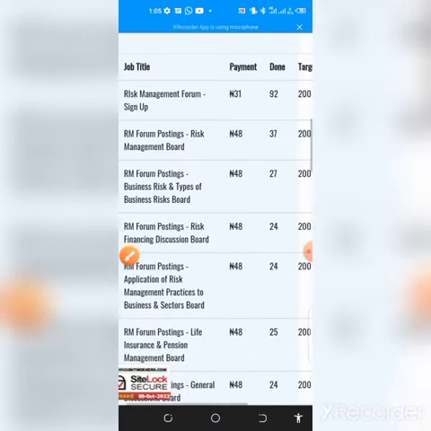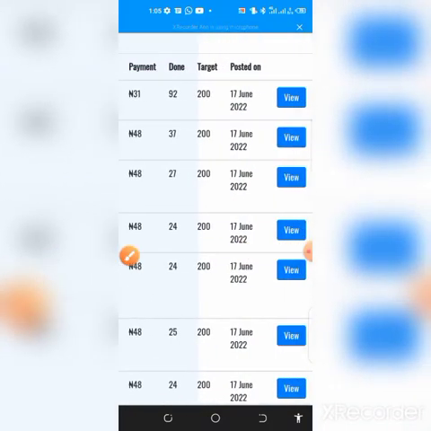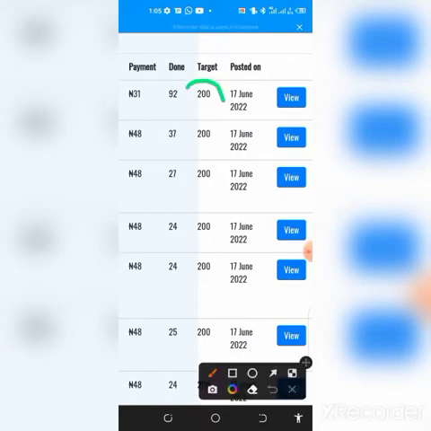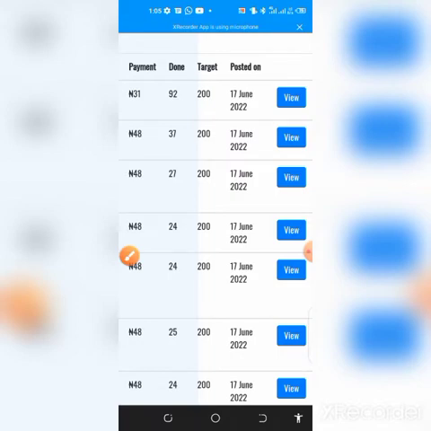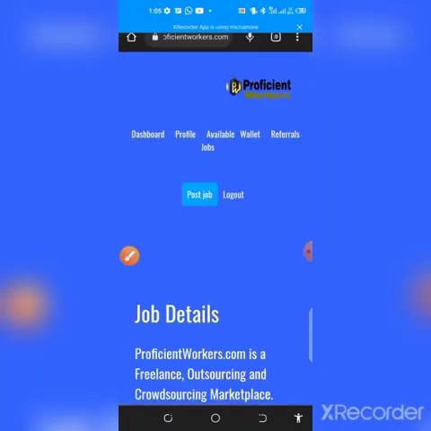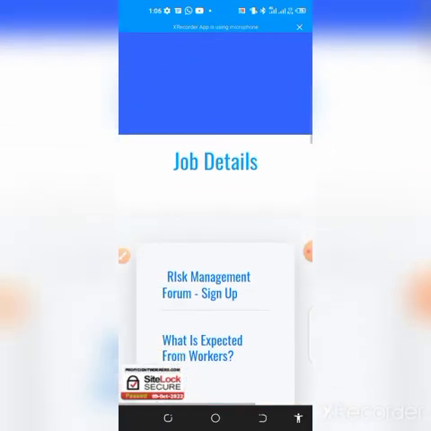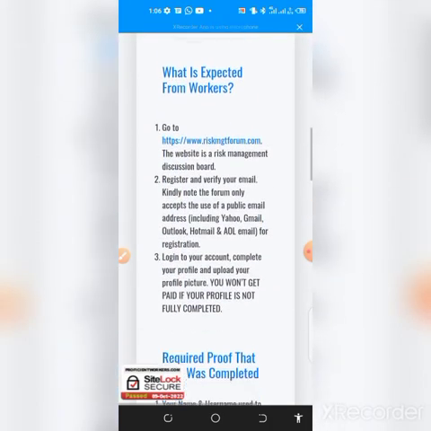Also when you scroll to your right, you will see the target, which shows whether this particular job is still available. The target is 292, and jobs have been completed. Then the posted date is just this particular date you are seeing here, and then you can proceed with this button. When you click on view, if you want to perform this job, you first of all scroll down and then you will need to read this